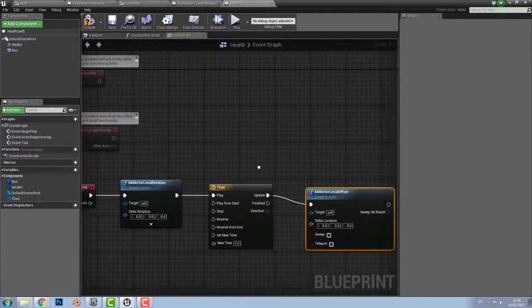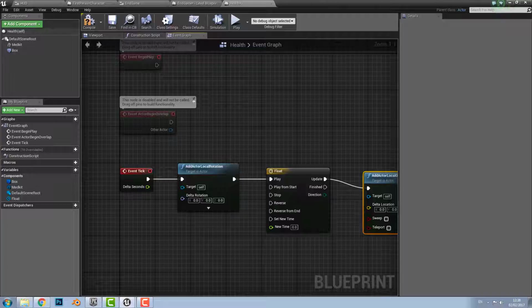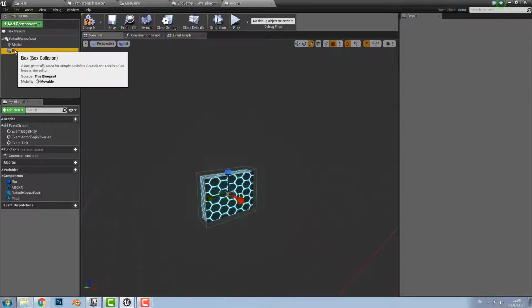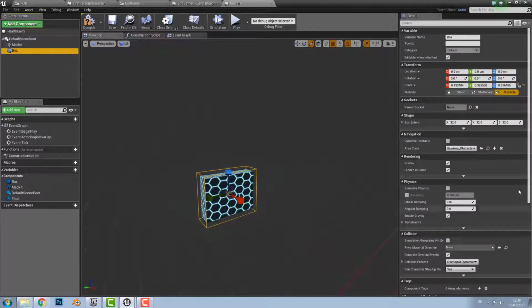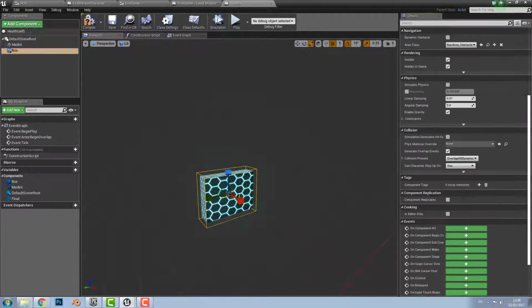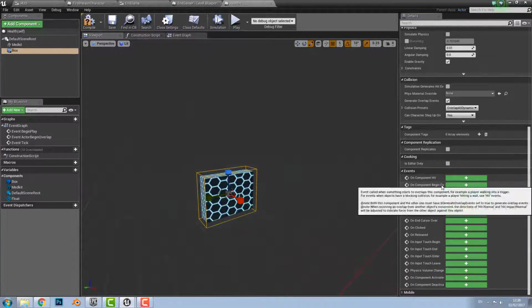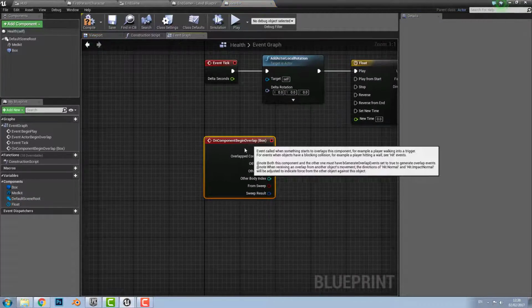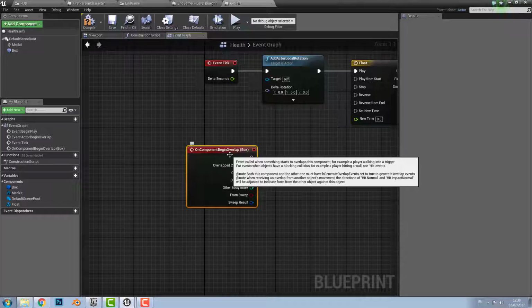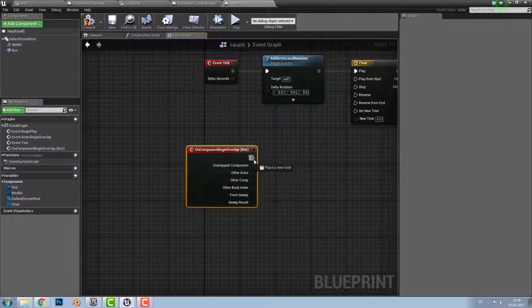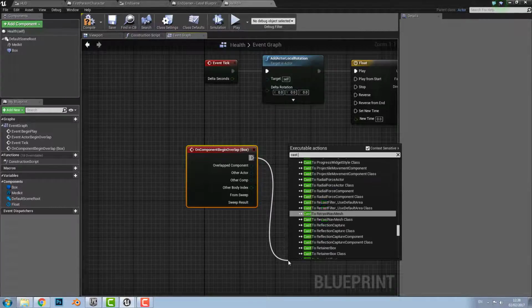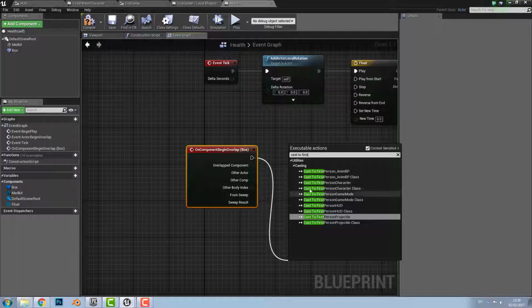So once you have that done, you also want on component begin overlap. So back to viewport, go to the box collision to be more specific, and then on component begin overlap. And then from here you want to connect that up to cast to first person character, which we're going to have lower. Cast to first person character,